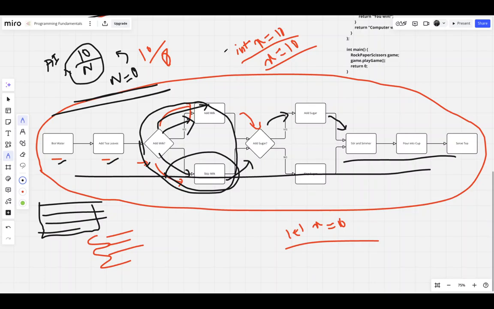In C++, you declare an integer this way, and in Python you declare an integer this way. Also in JavaScript you declare an integer this way. So let's say it's 16, and this is x, this is let. Okay, so the integer x is equal to 10. This is C++, this is Python, and this is JavaScript.